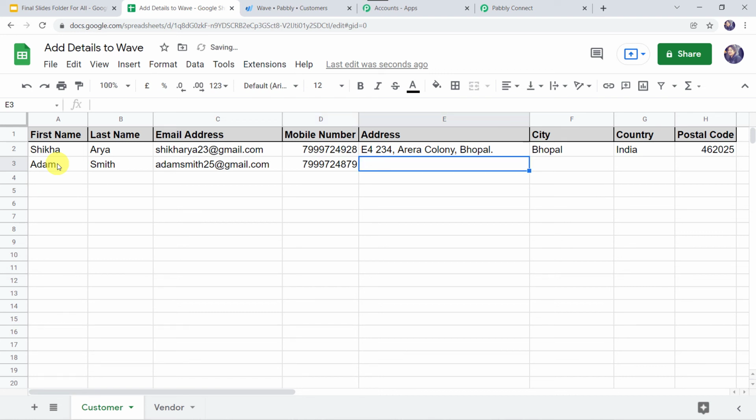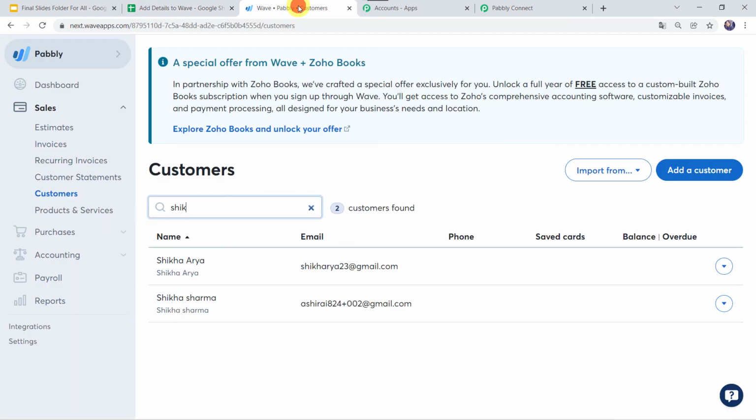Let's give the address as SP15 Industown, New Market, Bhopal. Let's give the city as Bhopal, country as India, pin code 462056.